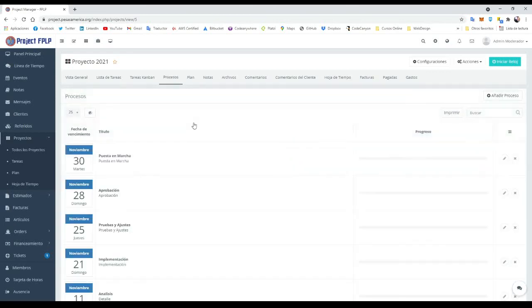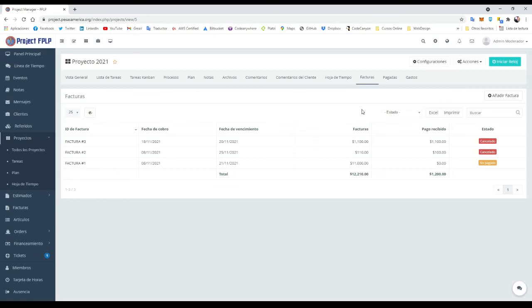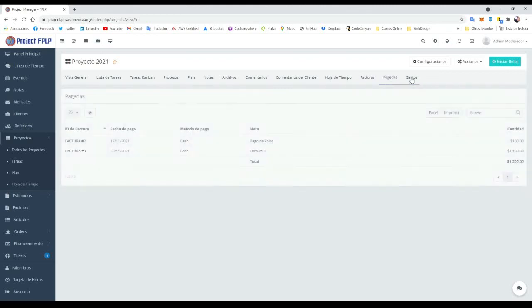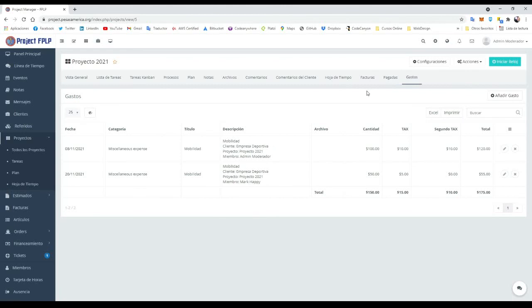So that goes hand in hand with the processes, with the plan of the different analysis, the different stages of the project. So as we are going through those different projects or different phases, that's when we will start to add these invoices and expenses and